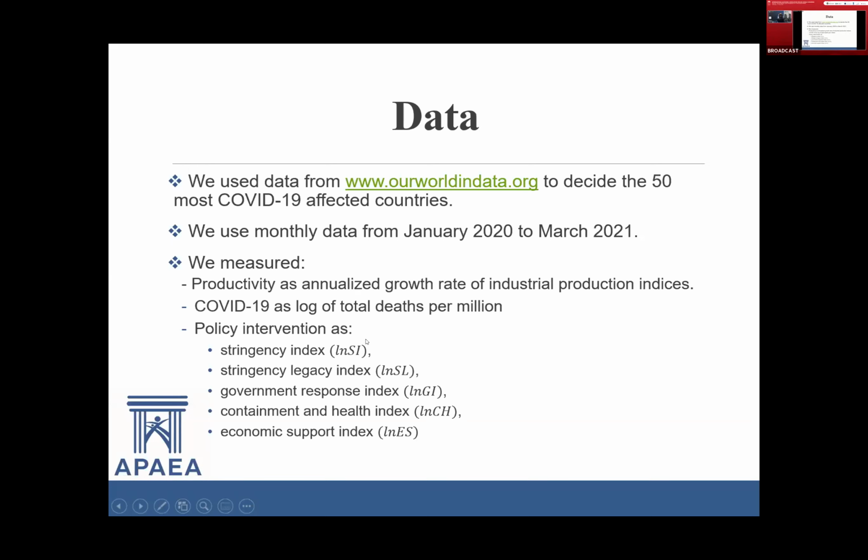And so here are our first results. Our first results stem from our model 1, which regresses the annualized industrial production indices on the lag of the COVID indicator, as well as the conditioning variables. Overall, we found a consistent negative coefficient for COVID. And then we found overall significance. So if you can see the table here,